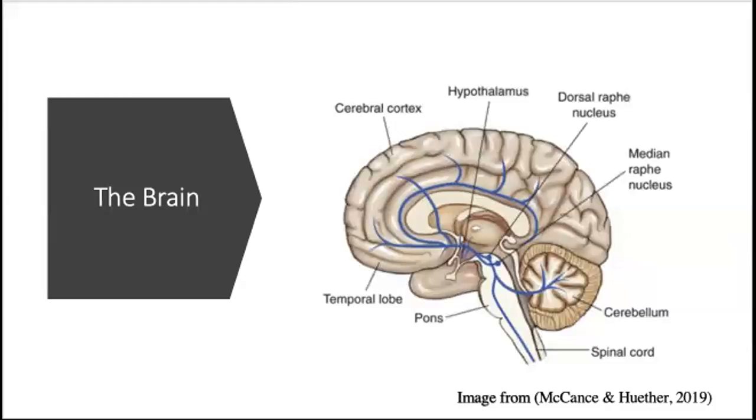Serotonin is found in the neurons that are located in the brainstem in the raphe nuclei. These project diffusely in all regions to our cortex, our temporal limbic regions, the hypothalamus, the basal ganglia, the cerebellum, and the brainstem, and the spinal cord. This image here was taken from a pathophysiology book. It shows the location of the raphe nucleus, and then the blue lines is how it extends in the pathways that it takes in the brain.